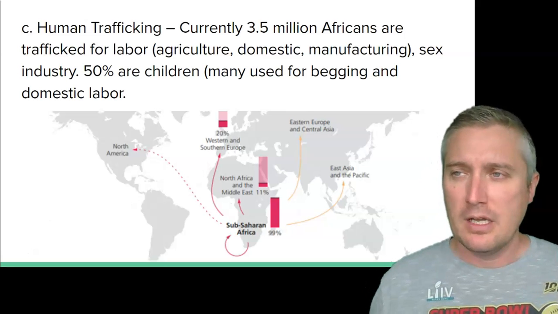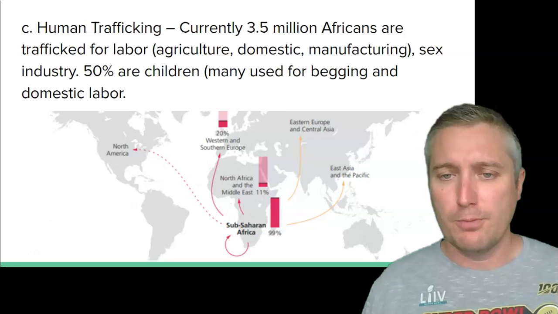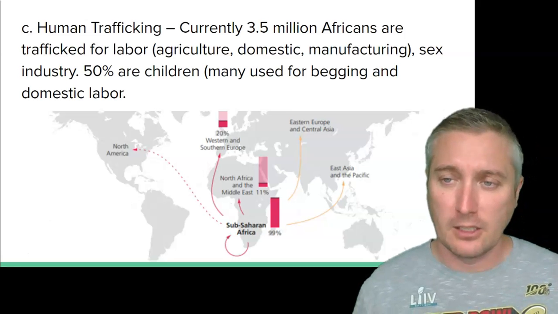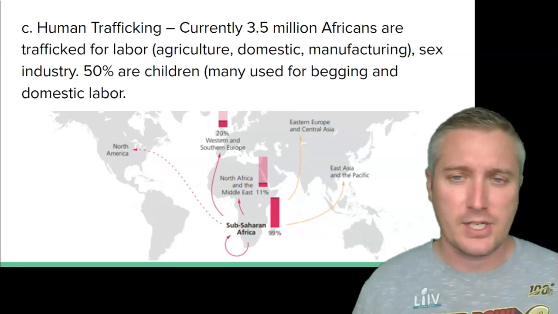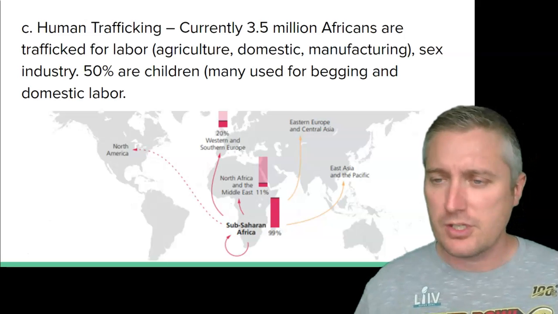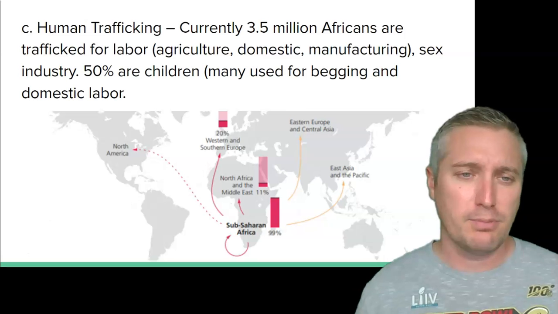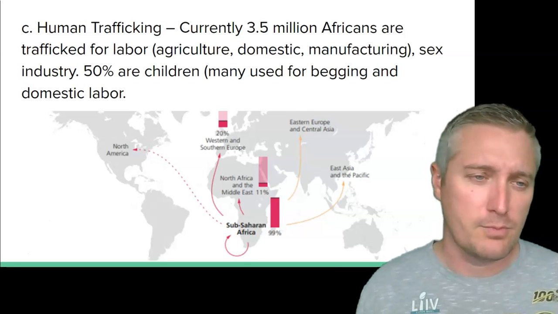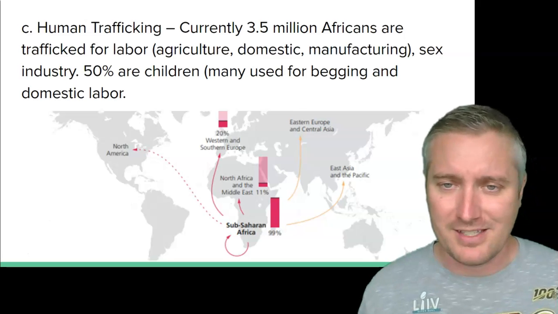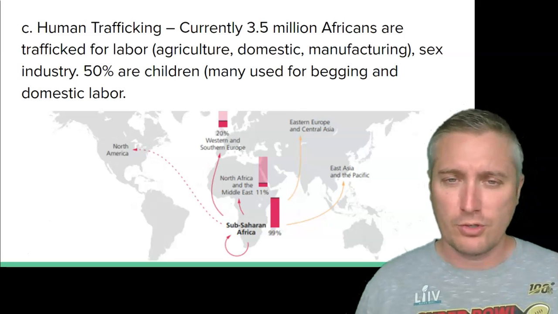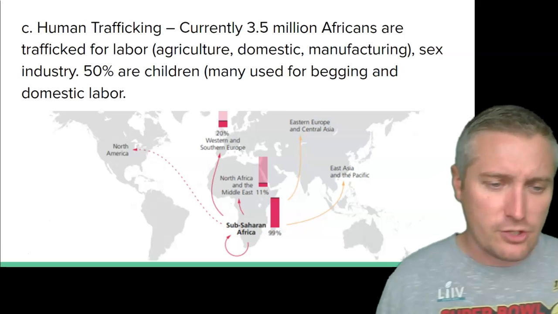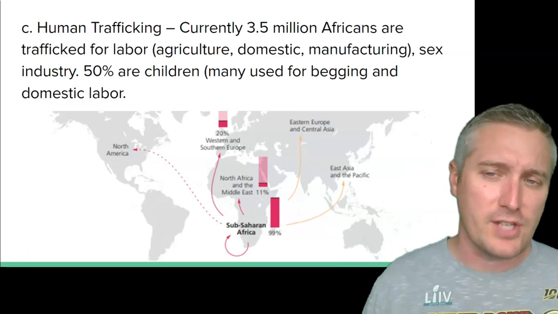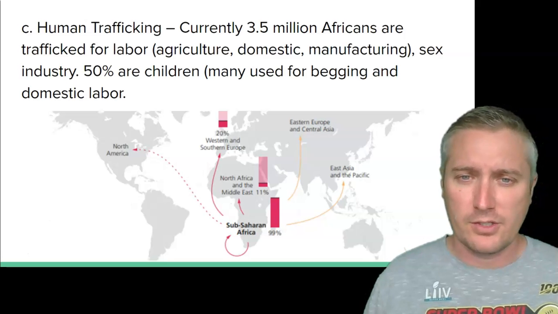They basically don't have enough money to pay to get transported to Europe, so they will actually trade their labor. They'll trade a certain number of years, and as you can imagine, years just kind of compound and multiply, and next thing you know, an entire life is being forced to work to pay off this original debt. The sex industry, sadly, especially in areas like Southeast Asia, the sex trade is still very strong,